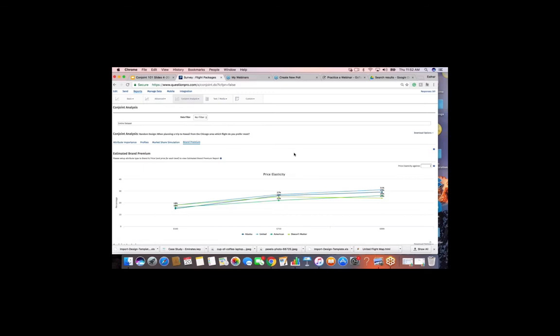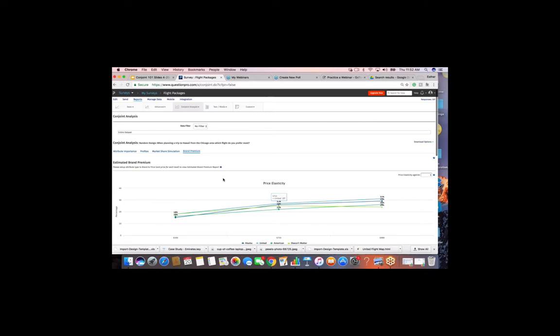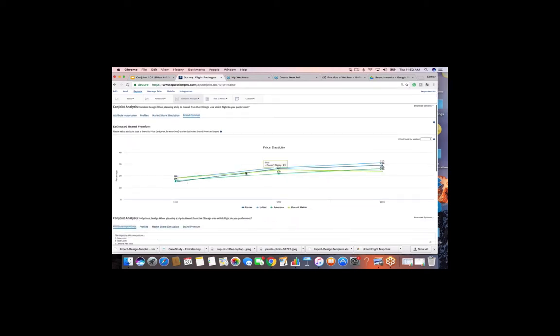The last piece is brand premium. So we're looking at price elasticity. In order for you to have price elasticity, you absolutely have to include price and brand in part and put it into the features and levels in the way that it will collect. Once you have that in the system and turn it on under settings, you'll be able to jump in here and take the pricing question and test it on the right-hand side against the different